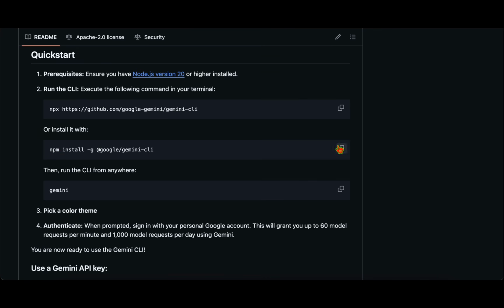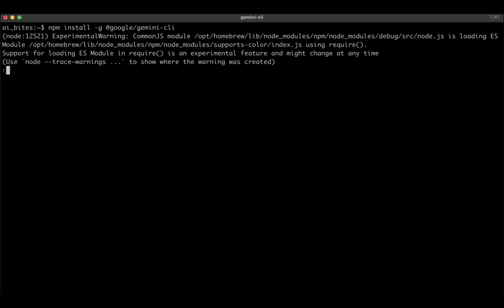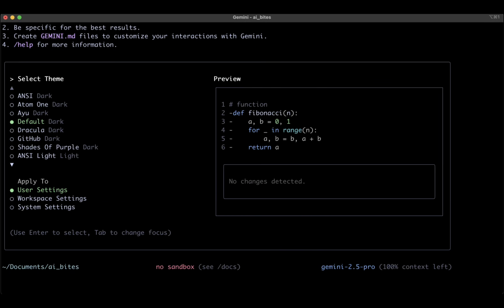So I'm going to copy this command and I'm going to go to terminal and I'm just going to type it and say npm install Google Gemini CLI. And we can see that installing already. And there you go. It seems to have installed successfully. And to start Gemini, all I have to do is type Gemini, of course, and we have the Gemini all